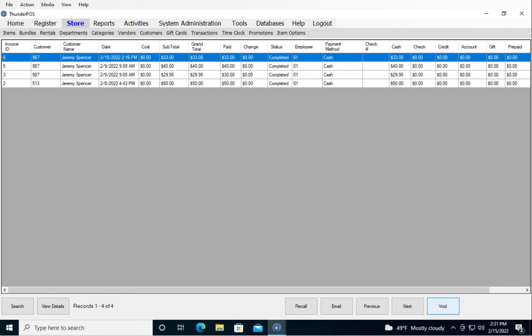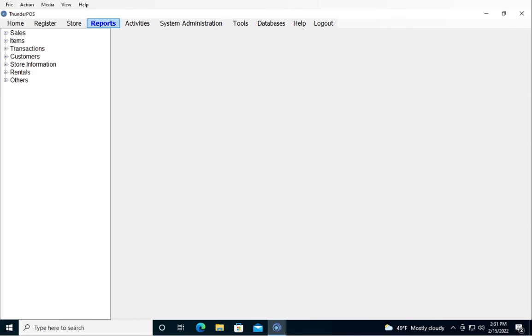But you also can't do things like, if you were to sell a gift card and then use that gift card, you can't void the sale of the gift card at that point, just because then you would end up with a negative balance on the gift card. It'd be a way that customers could try and get something out of the system, or more accurately, employees could. Anything you void, there is an audit log entry for it that will get made. So if you're concerned that maybe an employee has been abusing this function, which is, to be fair, one of the most powerful in the system in terms of what it does,